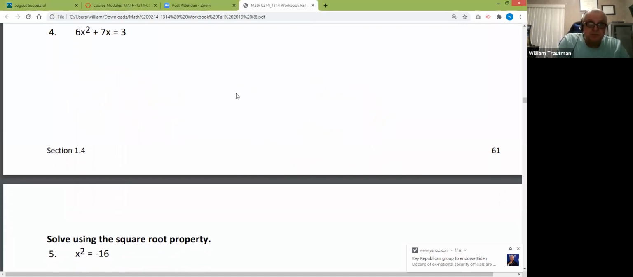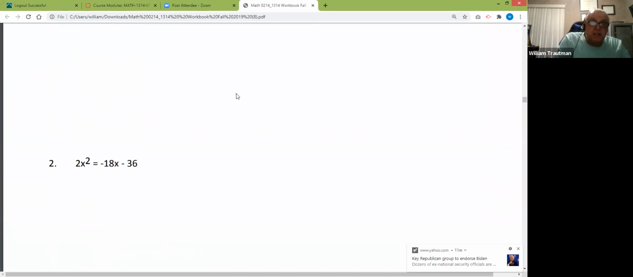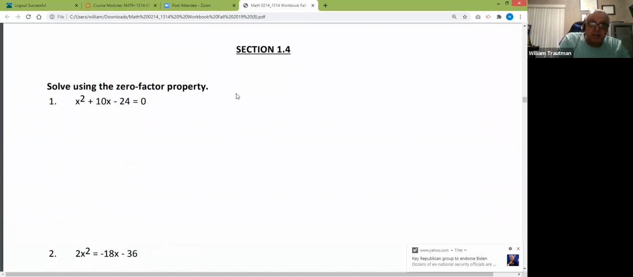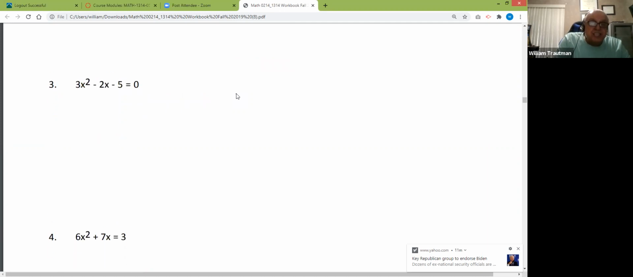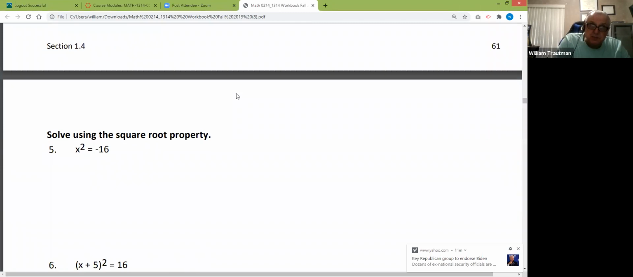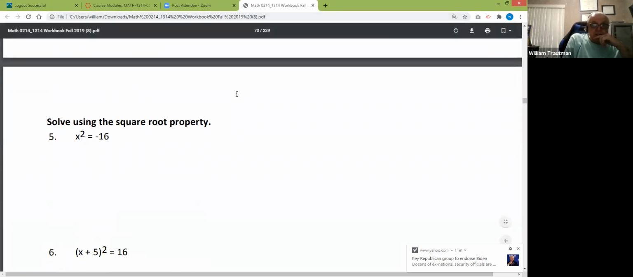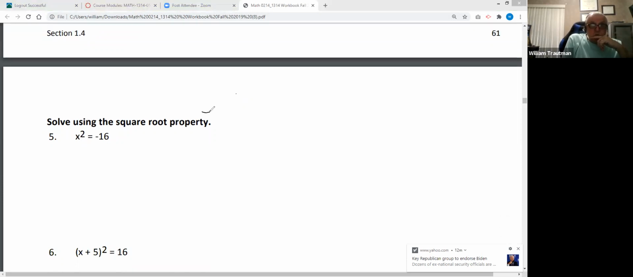It's tough. All right, so that was the zero factor property. We're going to use another technique now to solve for x. The square root property this time. Okay. So in order to use the square root property, we need to know that